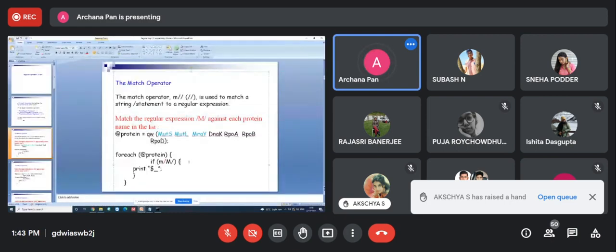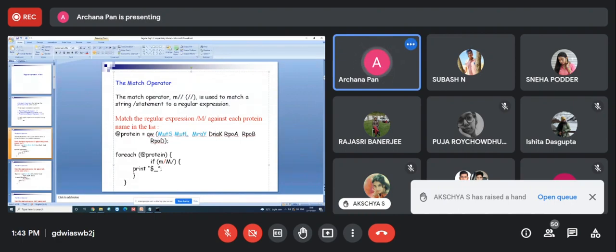Here is a different example. We have one array. What is the name of the array? The variable name is protein. It has different protein names: mutase, DNA, RPO, RPOB, RPOD.